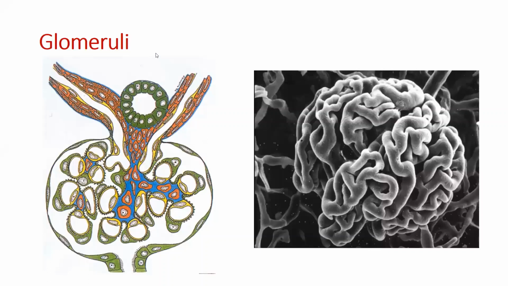So this is your glomerulus. You have the afferent arteriole coming and branching out into glomerular capillaries, and then the efferent arteriole going out. If you remember the anatomy of the nephron, you have a loop of the tubules coming back up and forming the juxtaglomerular apparatus in this part. If you look at it under a scanning electron microscope from the outside, this is what your glomerulus looks like. You have lots and lots of glomerular capillaries like this, in a ball-like